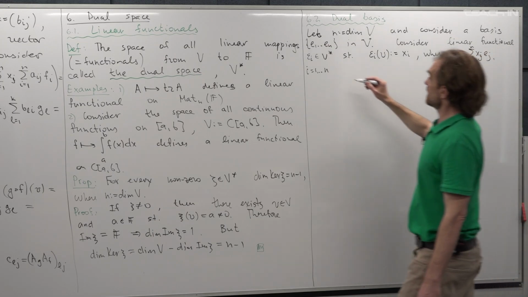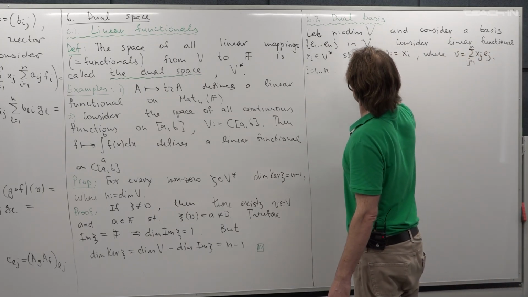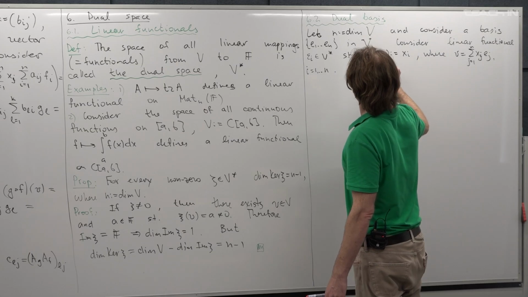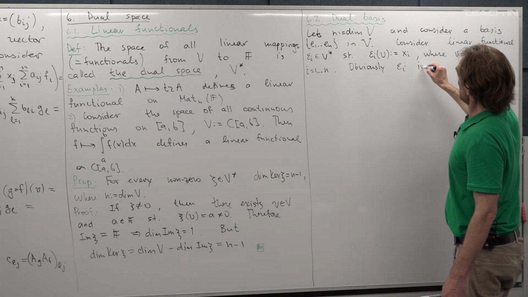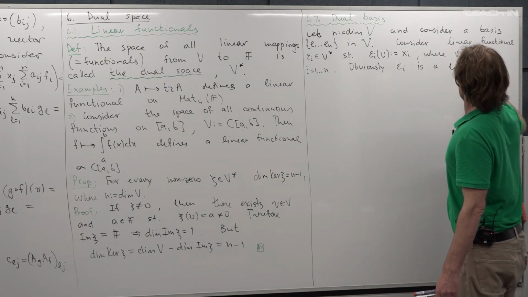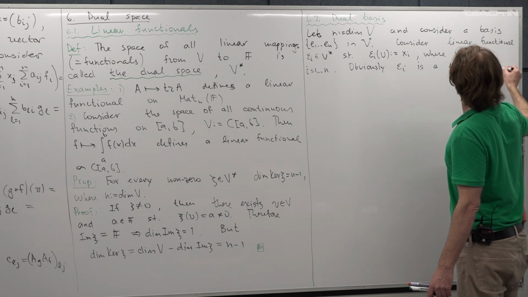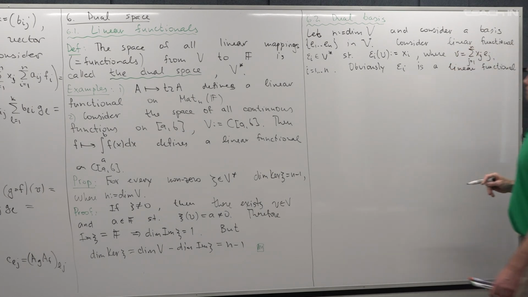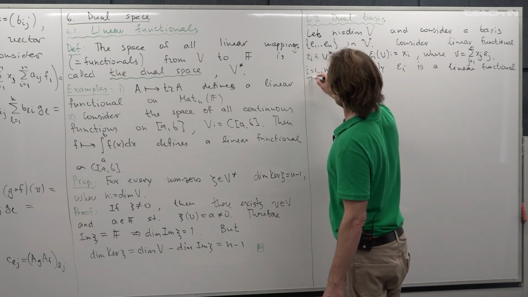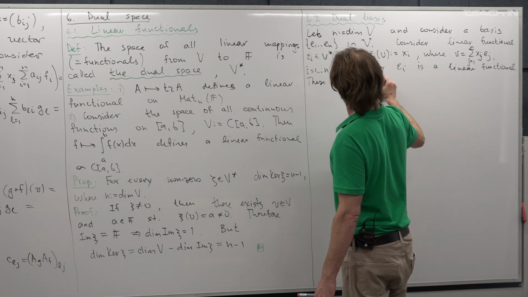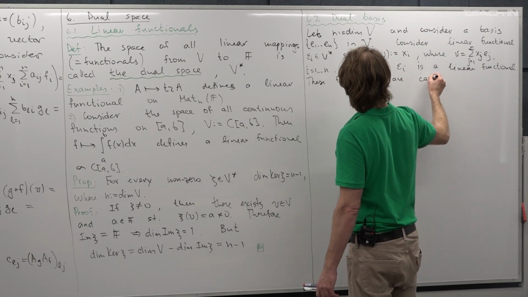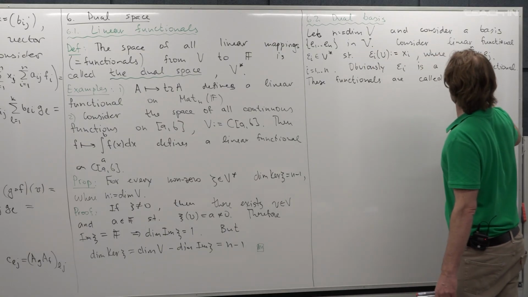And so obviously epsilon sub I is a linear functional. Fine. And these functionals are sometimes called coordinate functionals,